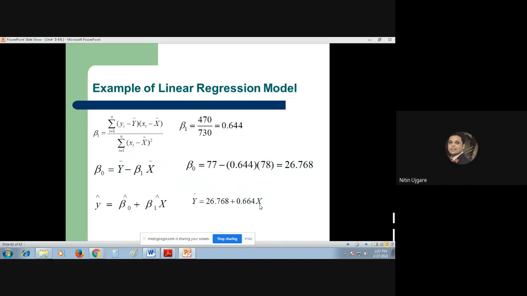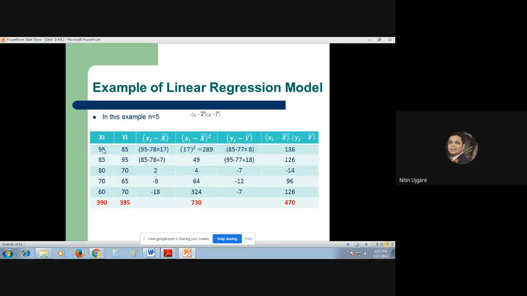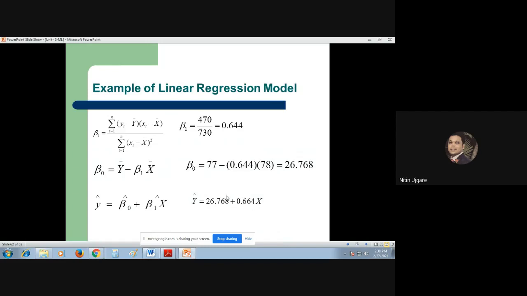So similarly, you can predict the score of 12th for any unknown value of x. Unknown value, what do I mean? Apart from these values given in the data set, you can take any unknown value and you can predict the score of that student for the 12th. Did you understand?